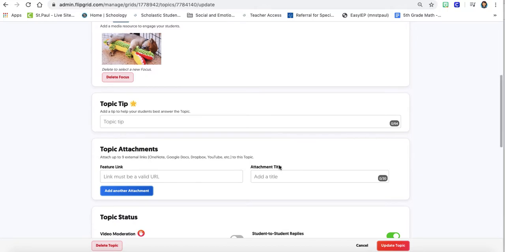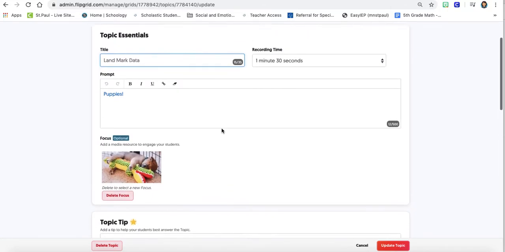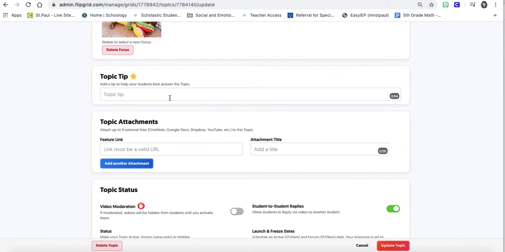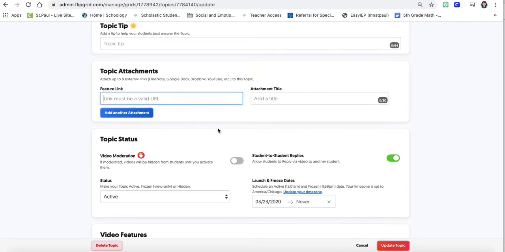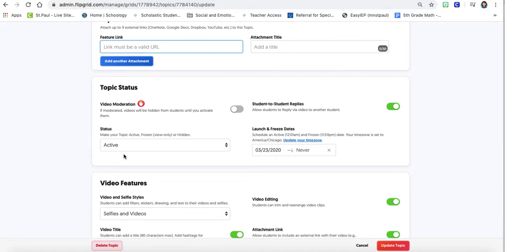Some other helpful information is when you've created the topic, if you scroll down, there's different tips you could give for the topic. There's lots of ways to add other URLs. You can add attachments, but this topic status is very important. The video moderation is if you have a wide class and maybe you don't have built in kind of already that online etiquette for responding to students and you want to make sure videos are appropriate first, you can turn this feature on, and that way you will have to monitor every video before it can go live and other